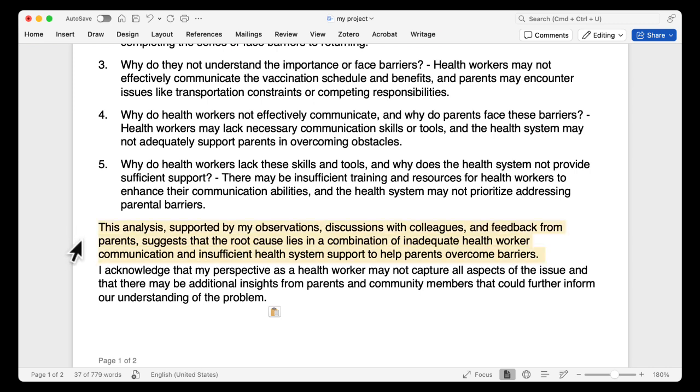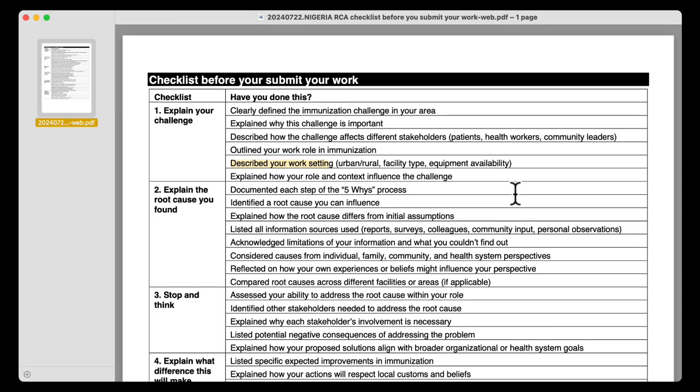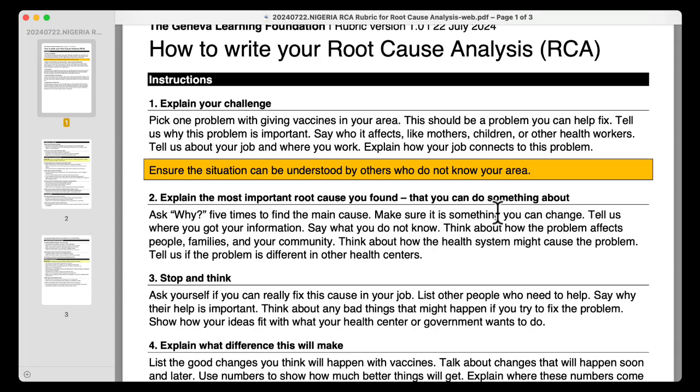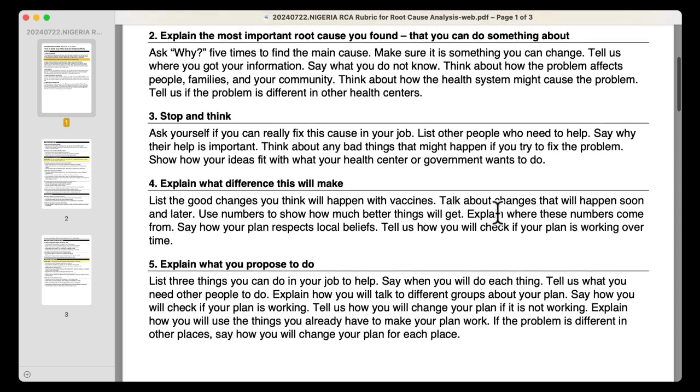And then this is really important. What supports these observations? Why should we believe you? And then recognizing what is not complete. It may not capture all aspects of the issue. So be honest, be open about what you know and what you don't know. And so again, if we go back to the how to write your root cause analysis, let's go to the